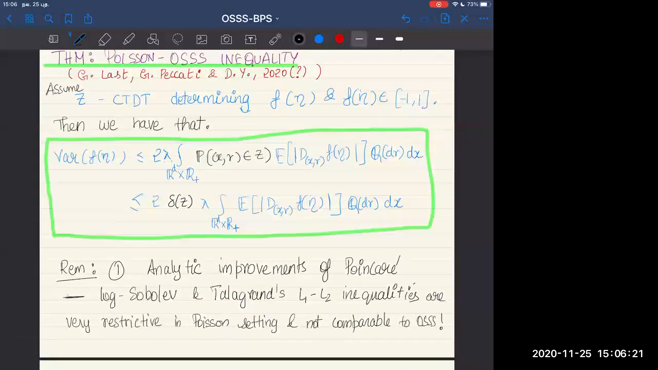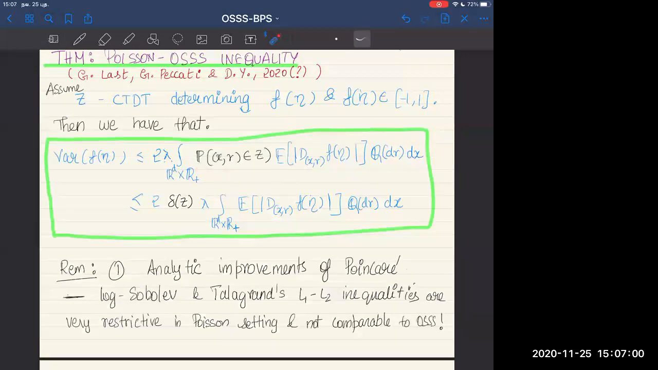The main inequality, which is called the OSSS inequality, I will say who the four people in OSSS are. We call it the Poisson OSSS inequality: give me a stopping set determining a function, a decision tree determining f of eta, and f of eta is in [-1, 1]. It's bounded above by 1. This is important. Then the variance is less than or equal to 2 times lambda times the probability XR is in